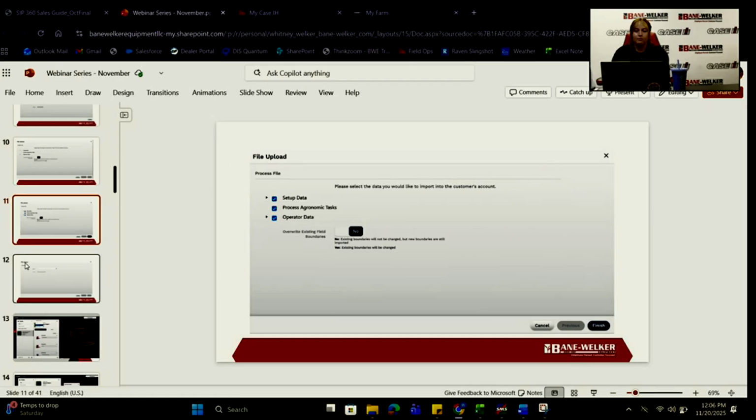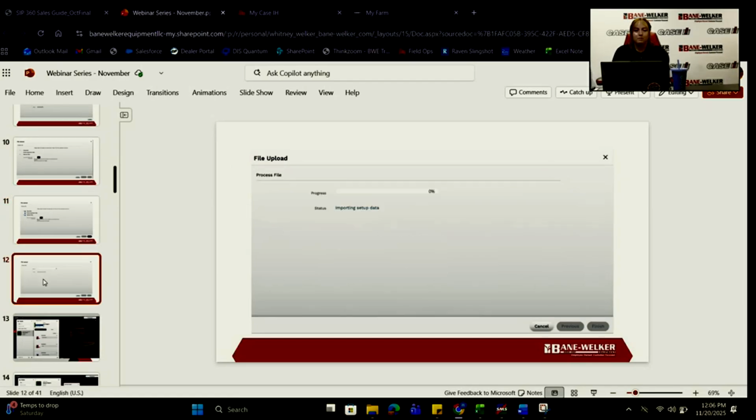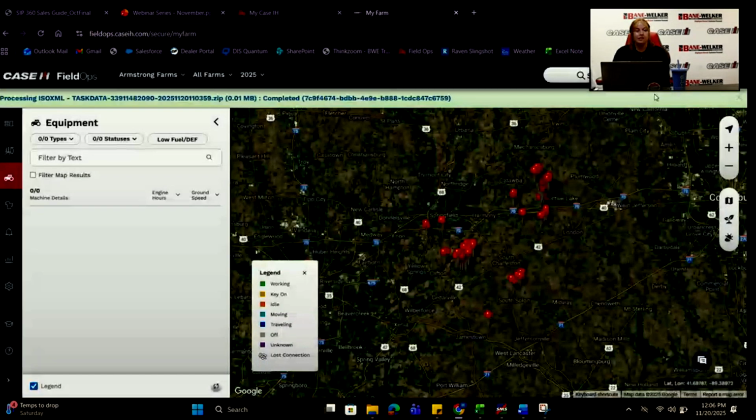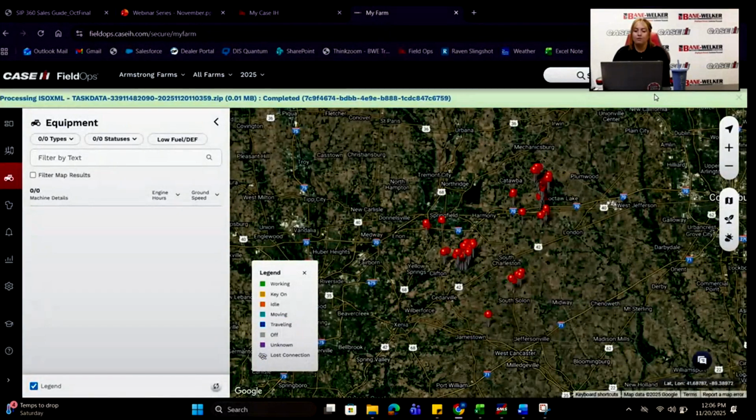So once you check mark it all, you'll have a screen with a pop-up here, and then you'll just sit, grab some coffee, and let it process in. So once we upload that data in, whether it came over the air, through telematics, or through USB, we'll jump